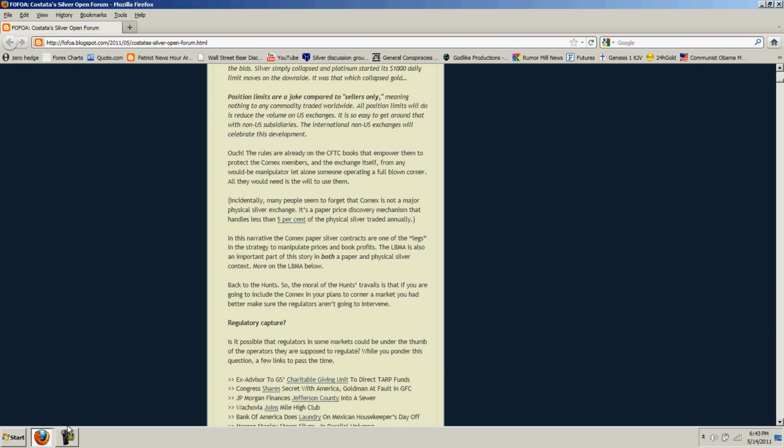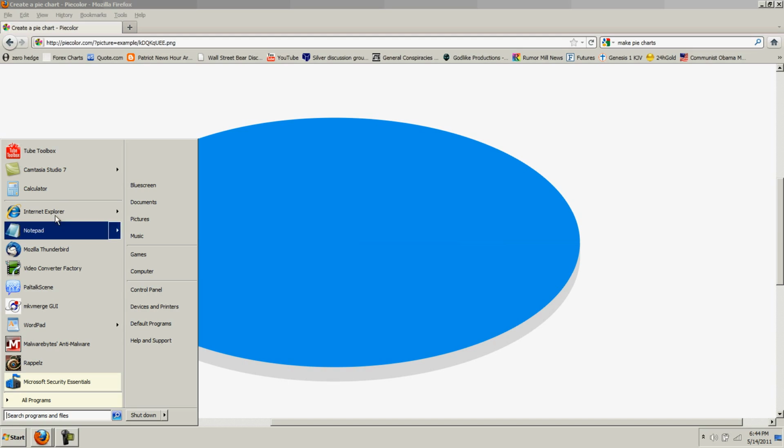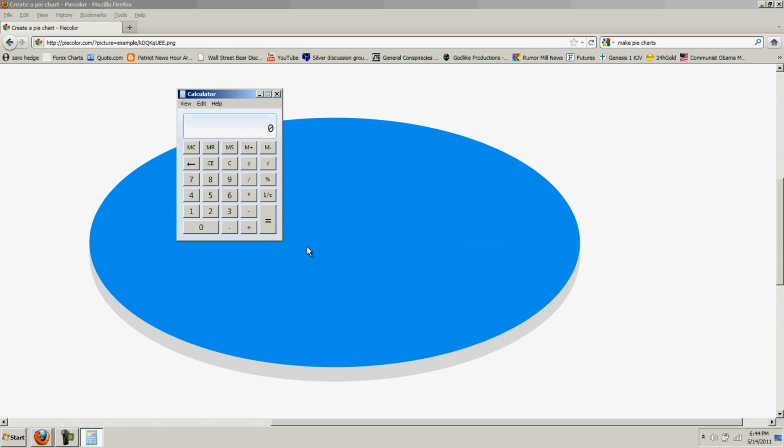So what I did to create this pie chart is I took the amount of physical silver traded annually, and we know that we're going to use 1 billion as our figure, and I was also adding up the COMEX volumes, and we were getting to the point where we were trading almost 1 billion ounces a day, because we broke down the contracts at 5,000, we broke down the volume. So if we take that amount, we take the amount of 1 billion,